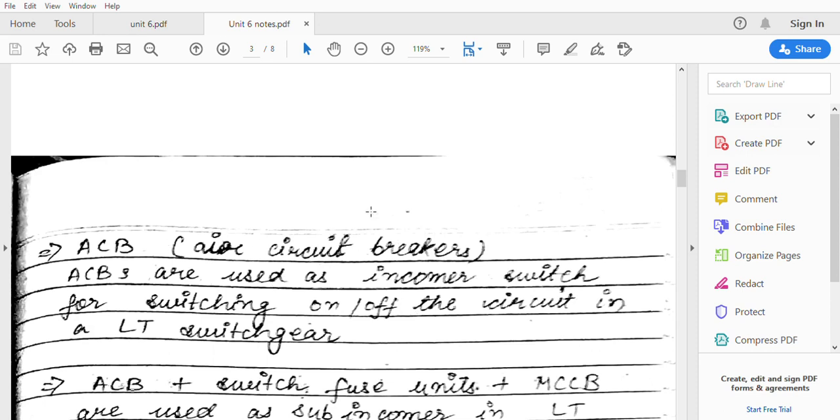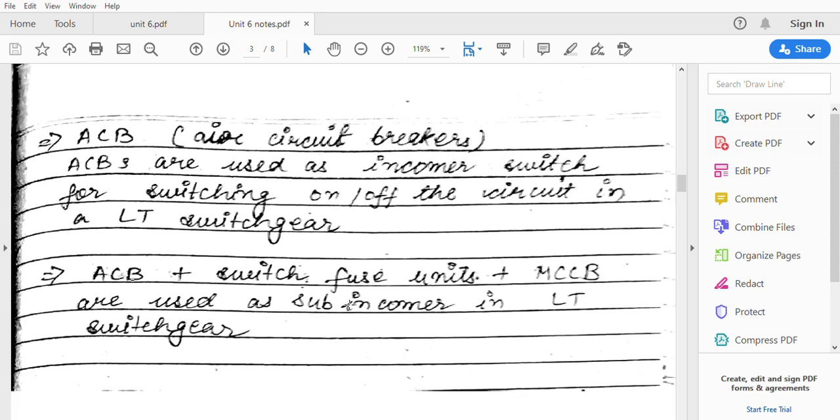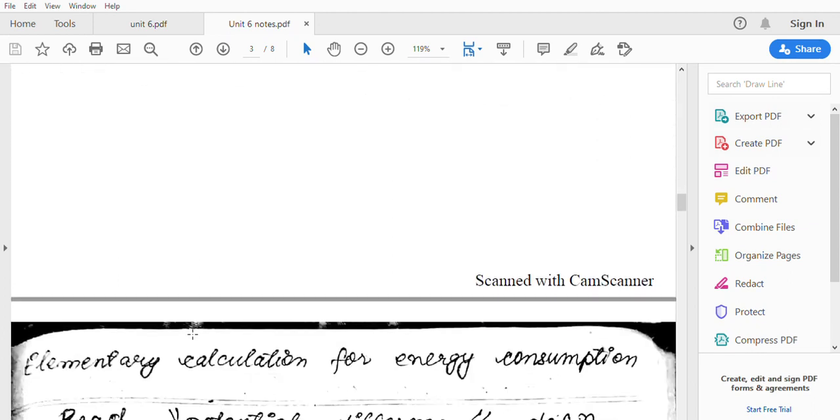So circuit breakers, if you see the diagrams of circuit breakers, these are huge in shape. It won't look like a normal switch, it is a huge shape circuit breaker. So this air circuit breaker along with the switch fuse unit along with the MCCB can be used as sub-incomer in the LT switchgear. So you can read more about this LT switchgear from this website called electricalforyou.com. If you type low voltage switchgear, you will be getting